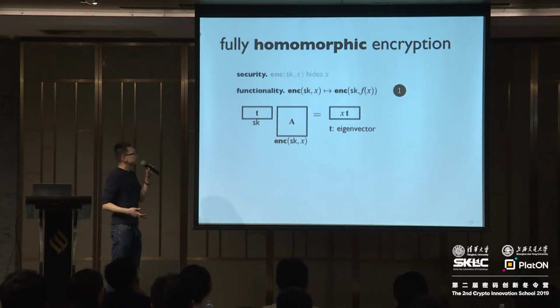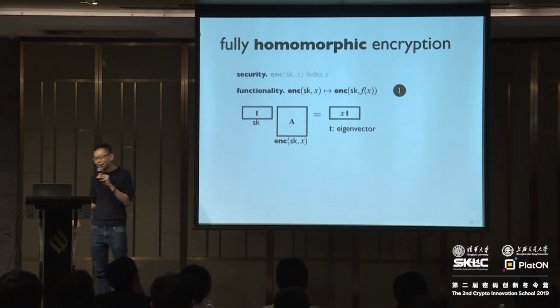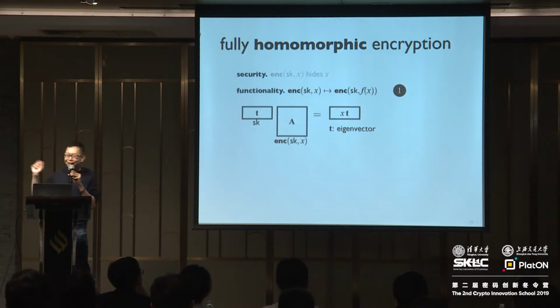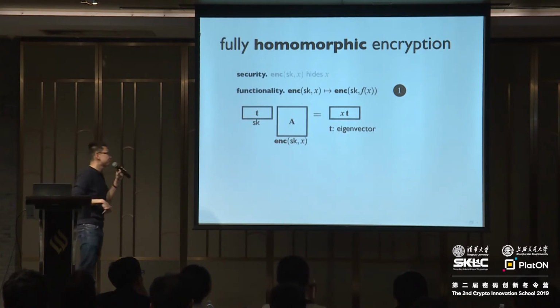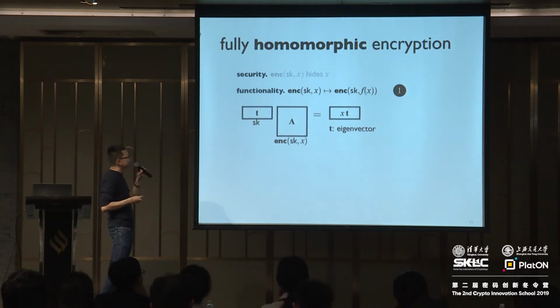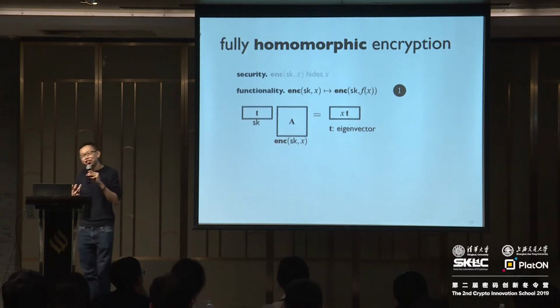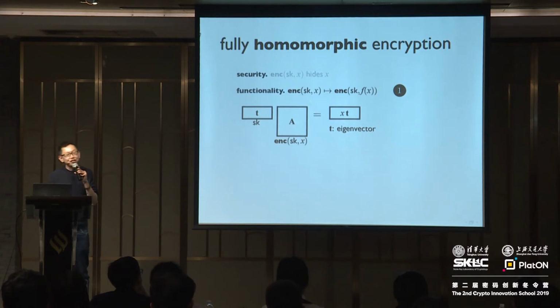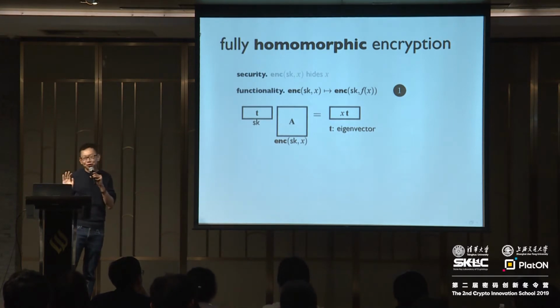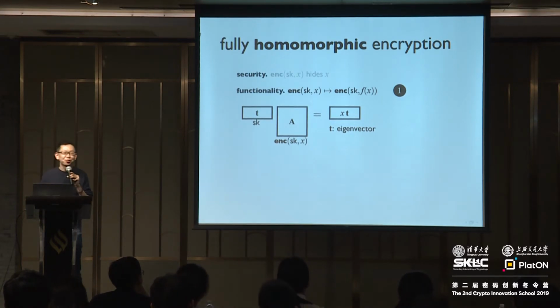Decryption is fairly easy: you take t multiplied by A, you get X times t, you divide that by t, and you learn what X is. It's also not difficult to see that the scheme is insecure, since you can pick out X essentially by Gaussian elimination. But we'll solve that problem later, and first we try to figure out how to do homomorphic evaluation.